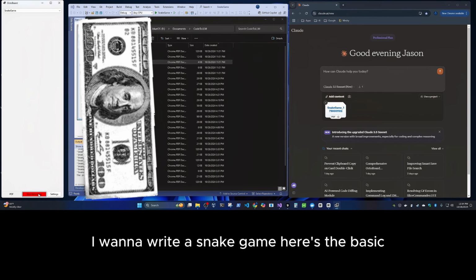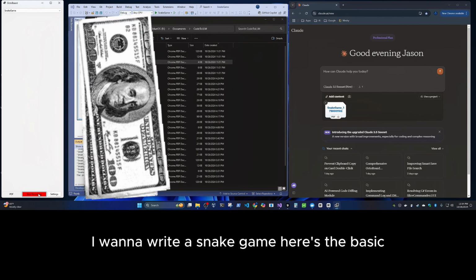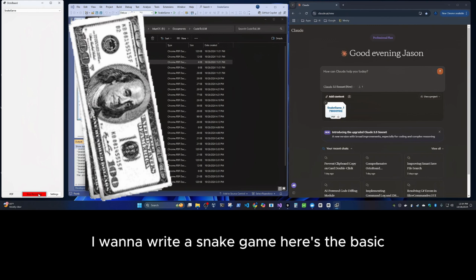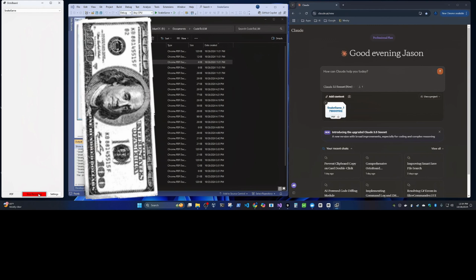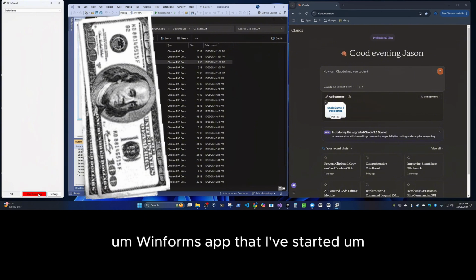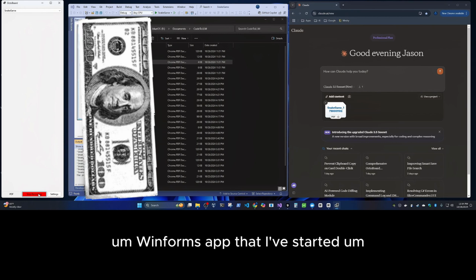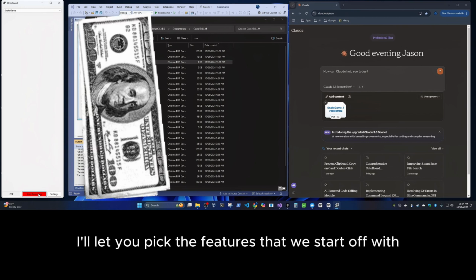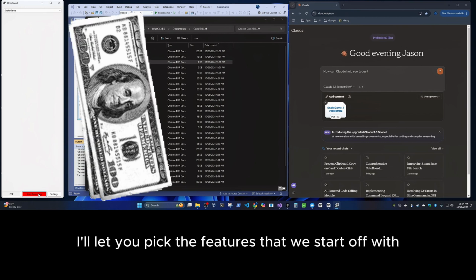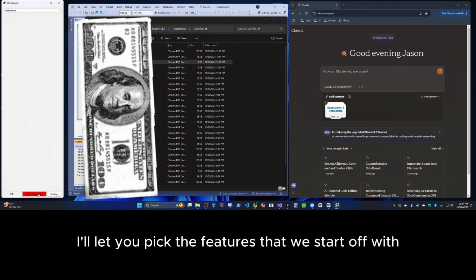I want to write a snake game. Here's the basic Winforms app that I've started. I'll let you pick the features that we start off with.